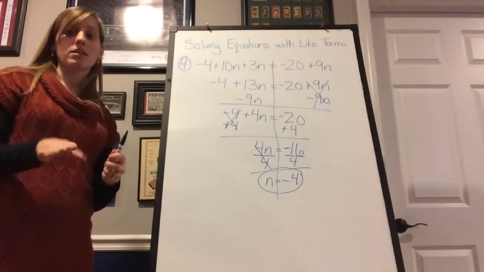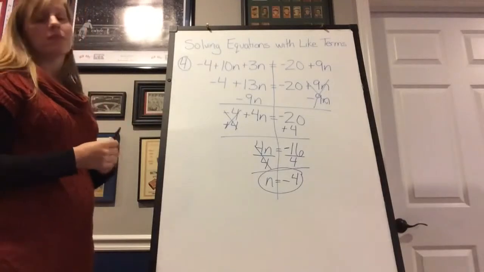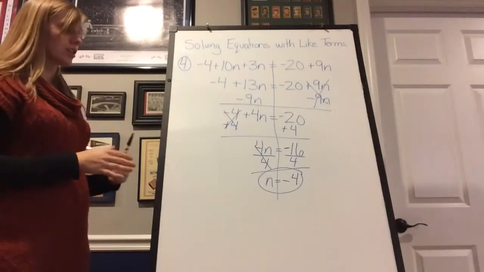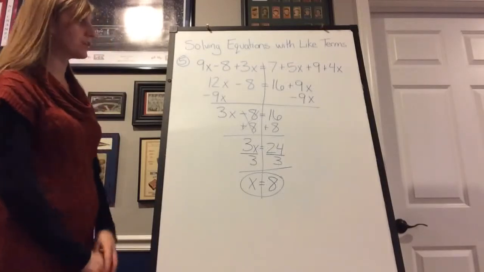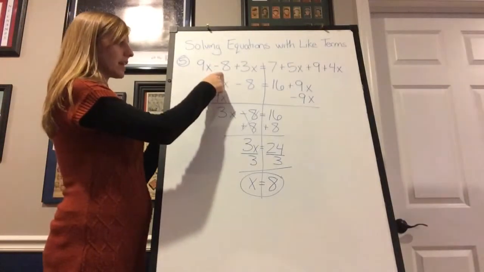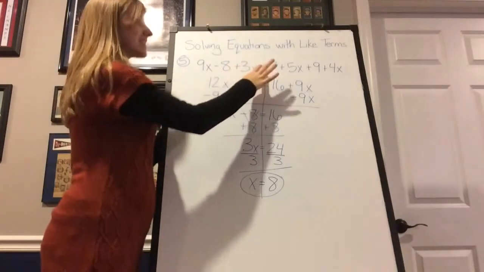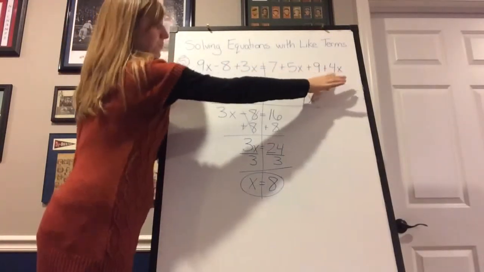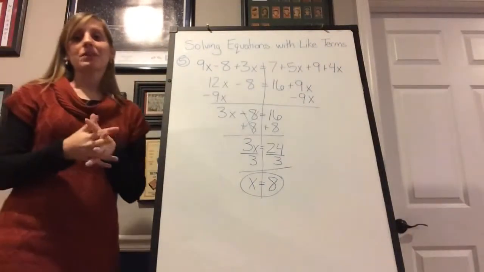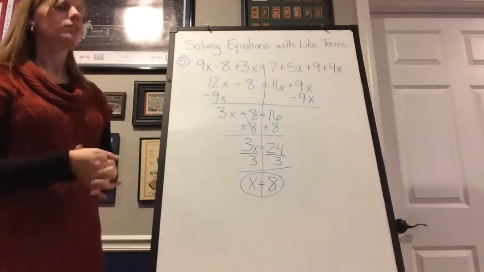At this time, go ahead and pause the video, work on problem number 5, and then come back and check your work. For problem number 5, the equation is 9x minus 8 plus 3x equals 7 plus 5x plus 9 plus 4x. So the first thing we need to do is make this problem a little simpler to solve and